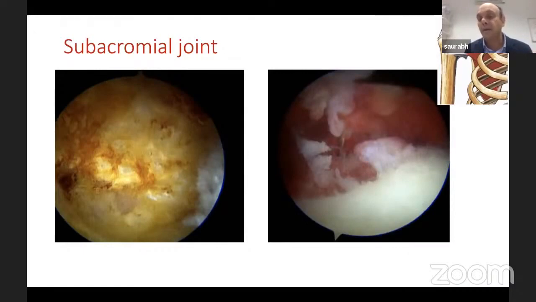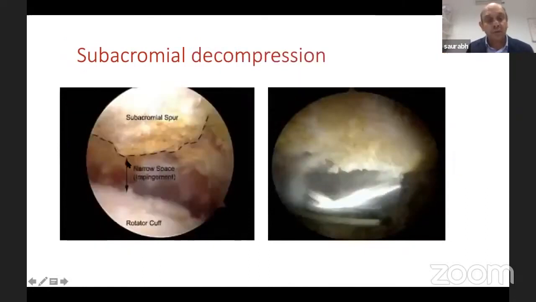Because one, it is inflamed, it'll give pain. Two, unless you get rid of it and all the adhesions in the lateral pocket, in the posterior pocket, in the anterior pocket, patient will struggle with physiotherapy. So post-op rehabilitation will not be good. So you want to take away all the adhesions to have good post-op rehabilitation and good range of function. So this is what we did.